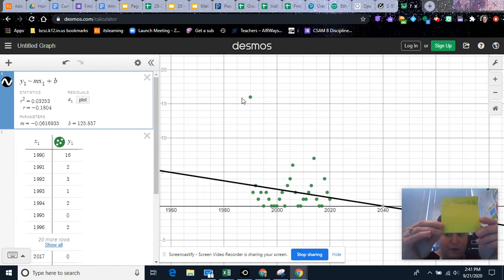I could even use this equation that I came up with. Desmos came up with my m and my b. So all I had to do was write them out into the equation: y equals negative 0.06x, because that was my slope, plus 125.86, which was my b. And so ever since then, it's been going down. Whether you use the equation to predict or you use your graph to predict, Bigfoot does not exist in this state. So that's my conclusion.